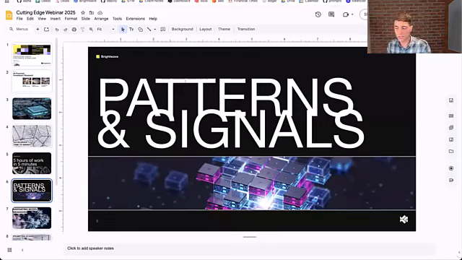I created Databricks' first language model. I've been building AI/ML systems for more than 15 years. And we're going to talk a little bit about some of the technical considerations that go into building systems like this, because I think they inform how you select what is the right tool for the job.